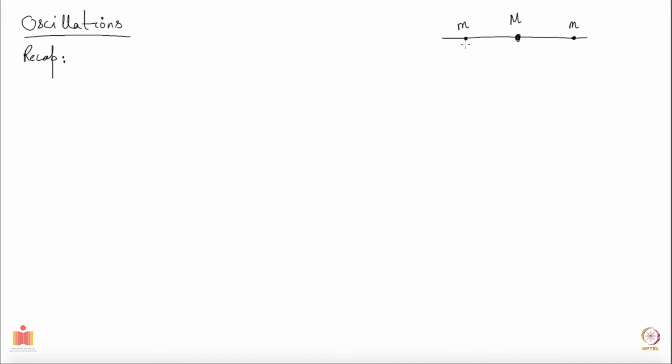Okay, and we also said that we are going to measure their displacements from these positions. These are the positions of equilibrium. So if this particle gets displaced from its position, either this direction or that direction, I'll call it x1. Similarly x2 and x3. And our equilibrium is at x1 equal to x2, and that is equal to x3, and they all are 0.